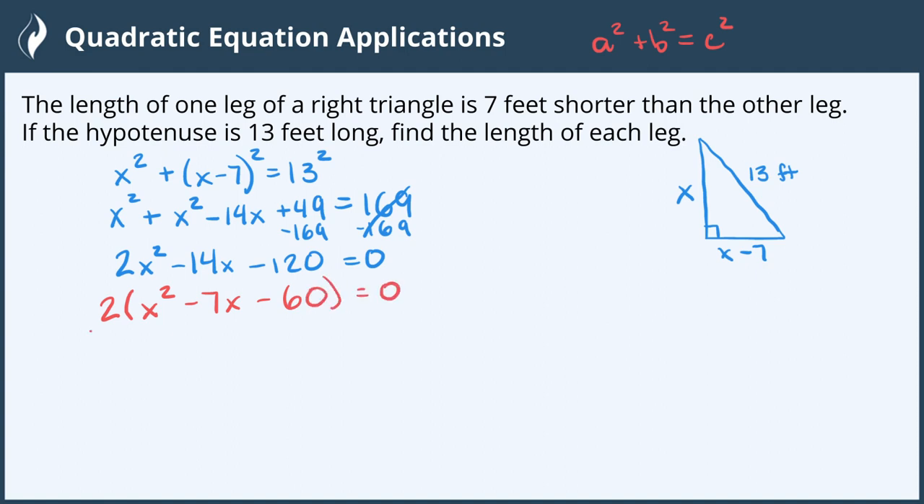Because this is an equation, we can go ahead and divide both sides by 2, leaving us with x squared minus 7x minus 60 equals 0. Now that we have a trinomial and the coefficient in front of the first term is a 1, we can just find all of the factors of 60 to factor our trinomial into two binomials. And the factors are